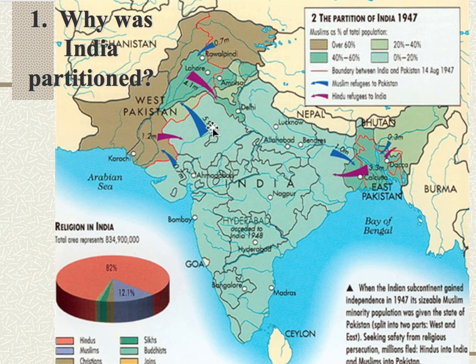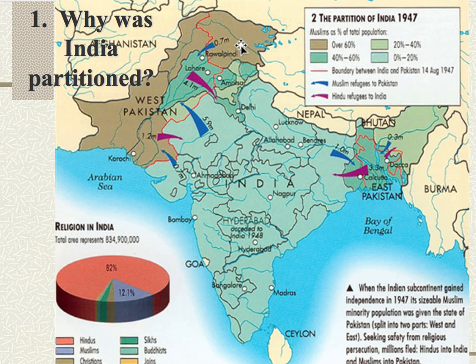It's not a good relationship that develops between India and Pakistan. The boundaries were very tightly patrolled. It was difficult to get visas to cross back and forth across the borders, and relatives were separated. In particular, this area up here in the north, which was 60% Muslim, which was referred to as Kashmir, is going to create a massive problem where there are going to be wars fought between India and Pakistan over the areas of Kashmir.